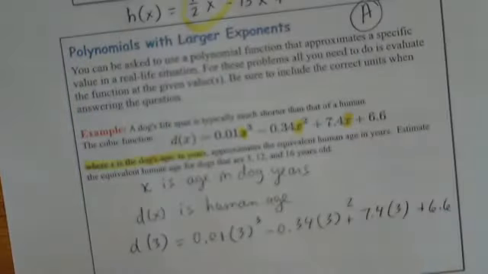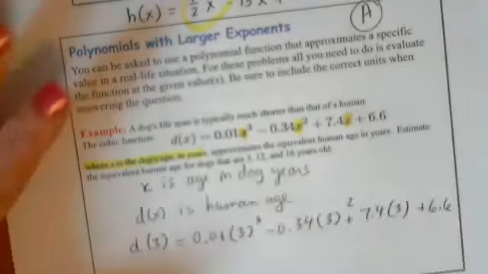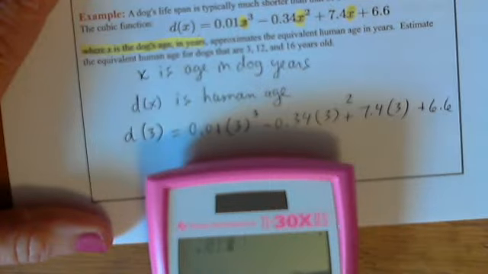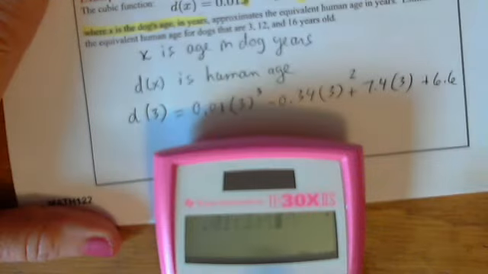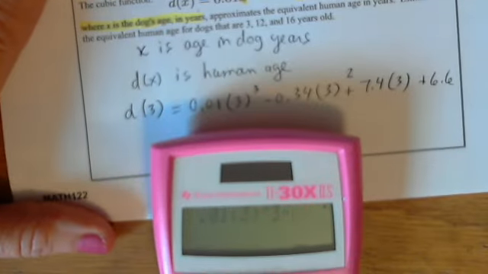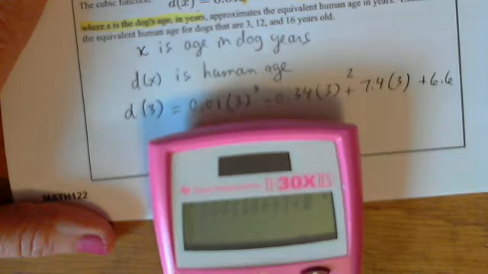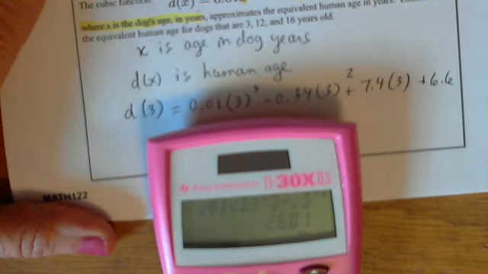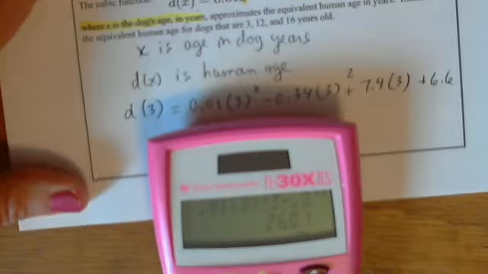And then it's just a matter of grabbing your calculator and plug and chug. So let's do it. 0.01 parentheses. Use those parentheses to be safe. And we're raising that to the third power. Minus 0.34, another set of parentheses for the 3. And we're squaring that one. Plus 7.4, another pair of parentheses to times by 3, and then plus 6.6. And you should have gotten 26.01. So d of 3 equals